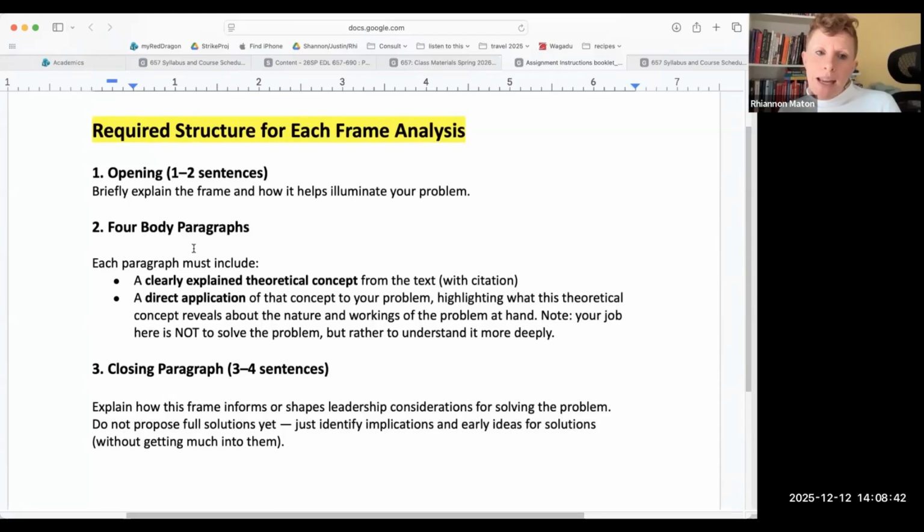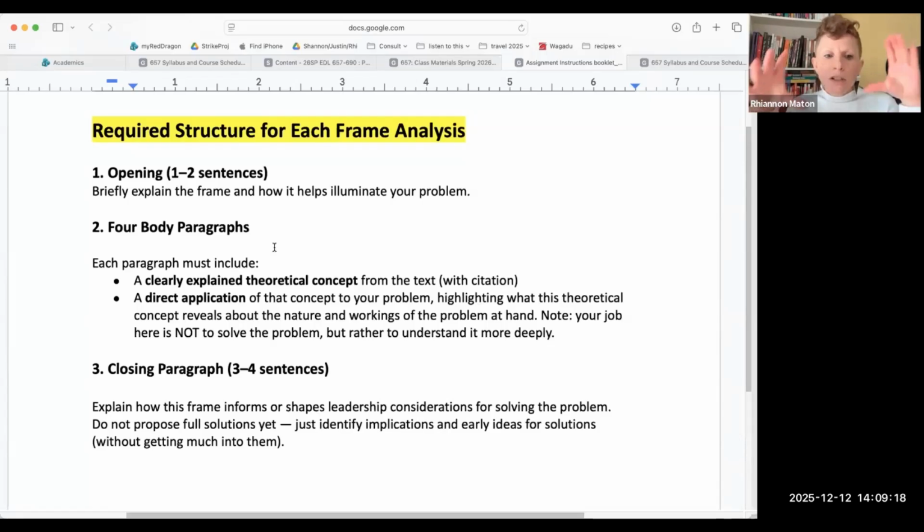So the frame analysis section requires you to dig deeply into assessing how a given frame relates to the problem at hand. By now in this process you are very familiar with your problem. You have thought about it from a range of angles. You've articulated clearly what it was in the problem section, and then you've talked to various interviewees and heard what they thought about it. Now it's time for you to take what the interviewees have said into account, but to really think about all of the complexities of your problem through the theoretical frame.